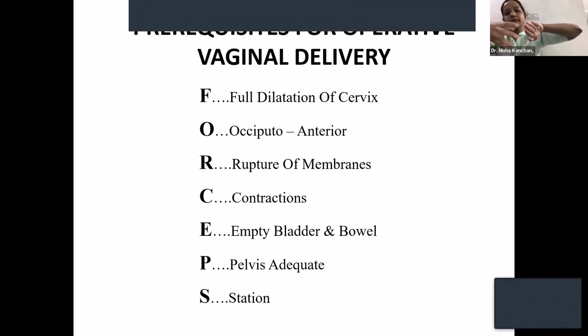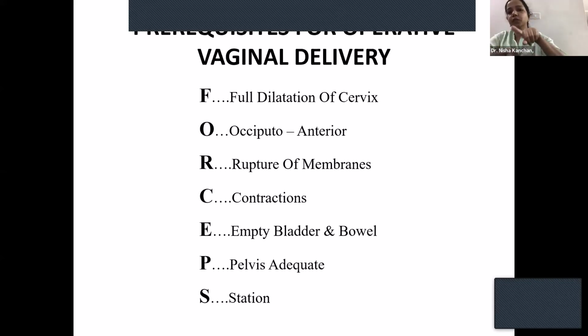Okay, so if you do an examination and you can ballot the head easily, do not try instrumental delivery. The baby's head is not engaged. Don't even try to do a vaginal examination for station. You're easily balloting the head, and 5/5 of the head being palpable is a contraindication for instrumental delivery. Straight away take the patient for cesarean section.